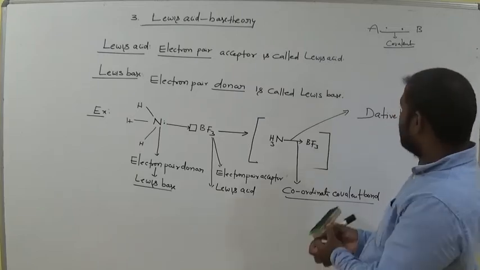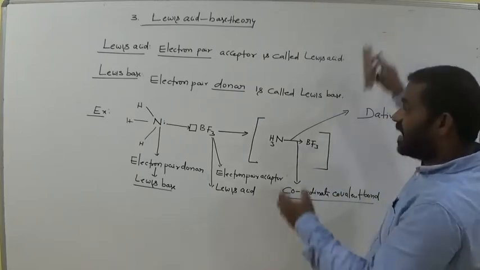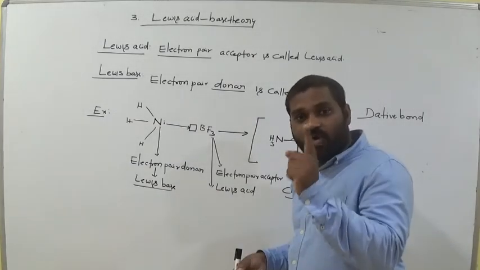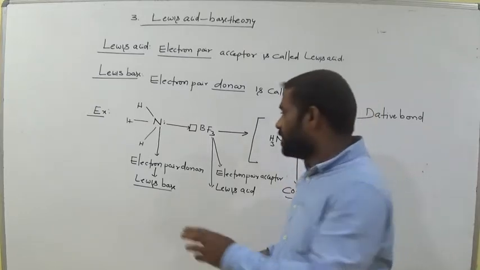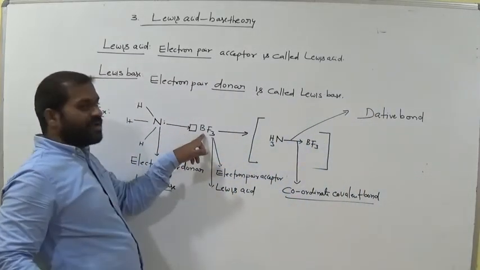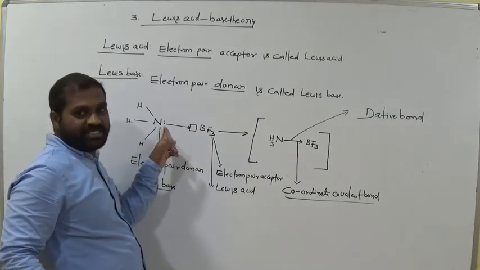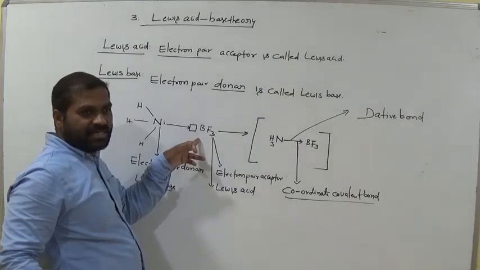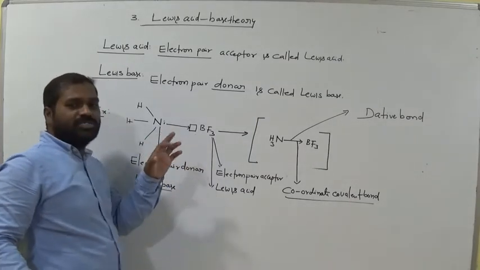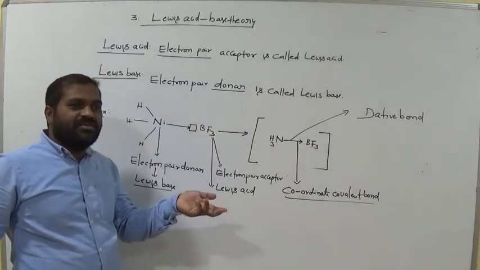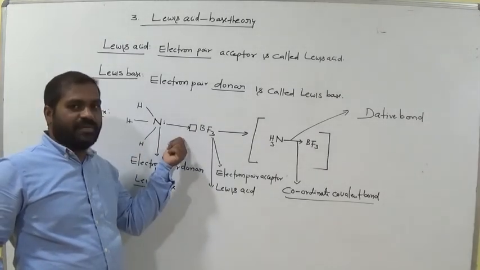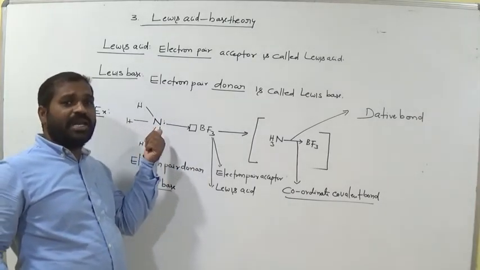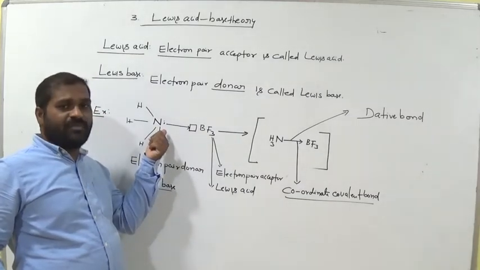Okay. But in this case what happened? The required 2 electrons for the bond formation are contributed by only one atom, one molecule here. Actually it needs one electron from boron and another electron from nitrogen. But here there is no electron available at boron trifluoride, am I right? So for that purpose, nitrogen donates the entire 2 electrons, which are needed to form the bond. So 2 electrons are contributed from one side only.